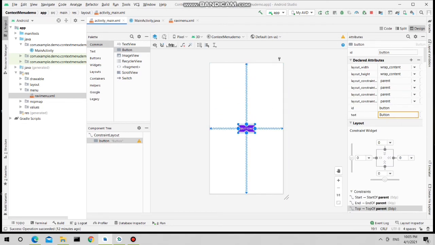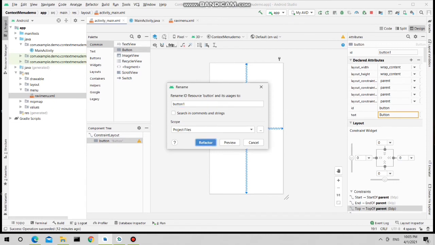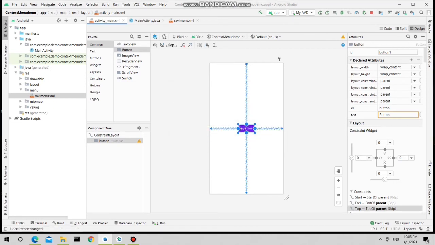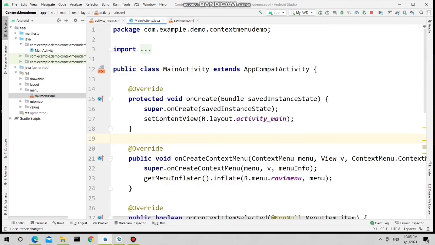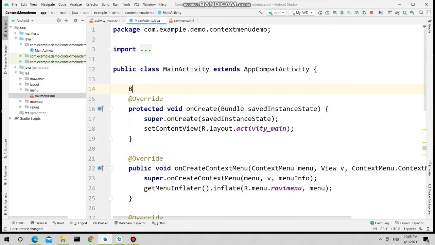So see, the button id is, I am taking button, long press id, because we are going to set its id.